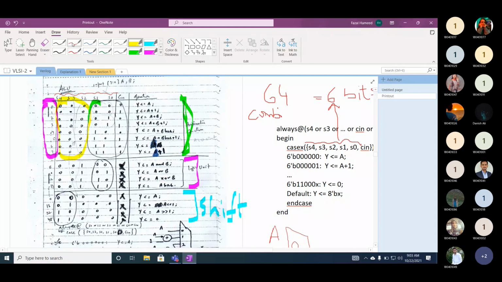S2. Now if you look at this light blue color, in this case S2, S1 and S0 are fixed, and what is changed? S4 and S3. So when you're drawing an efficient hardware, you have to look at the truth table, and looking at the truth table, you have to find where the similarities are. You can design an efficient hardware just by looking at the truth table.